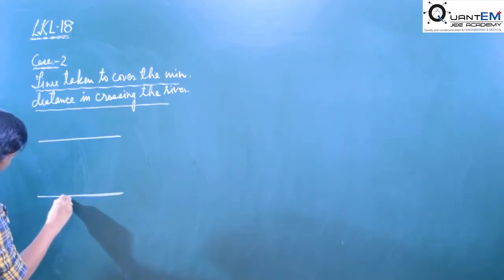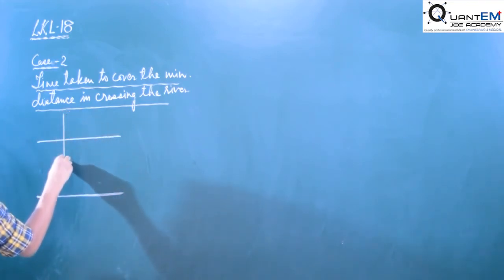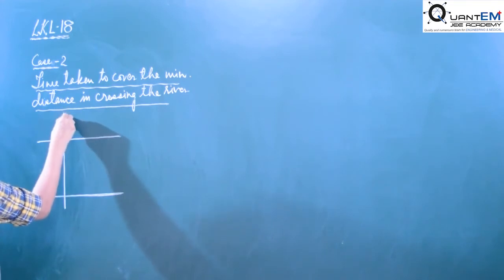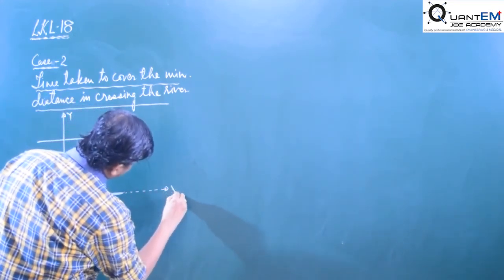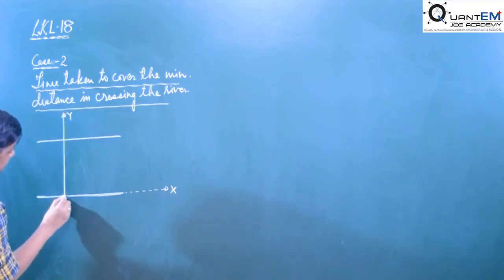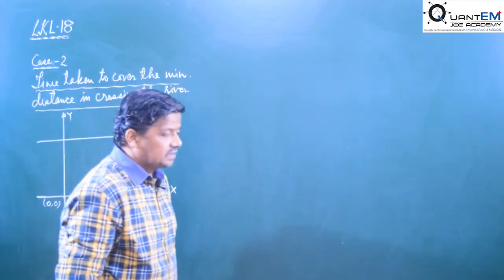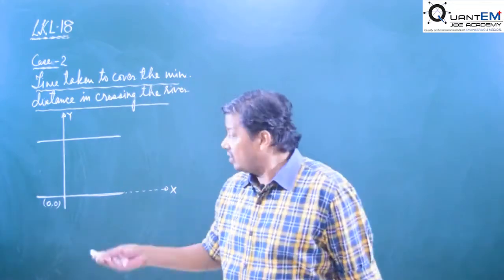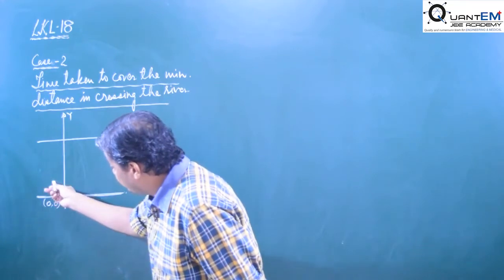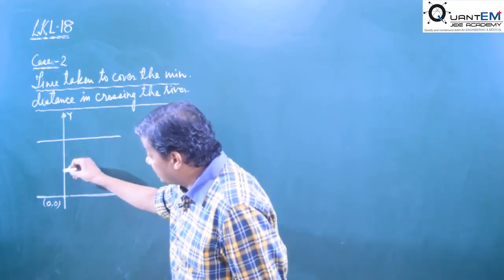All the information we have known. This coordinate is y, and this coordinate we have x. This point is the origin of the coordinate system. Now what is the minimum distance here? From the diagram, the width of the river is the minimum distance. If you go to left or right, the distance will be what? Increased. So this distance, the width of the river, is the minimum distance.